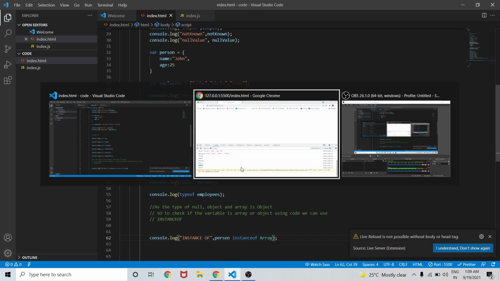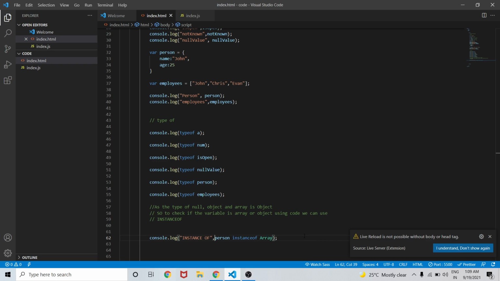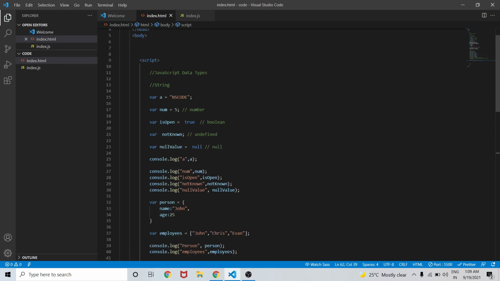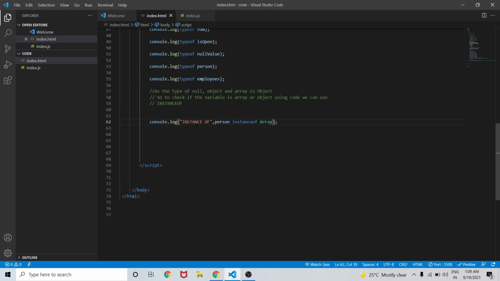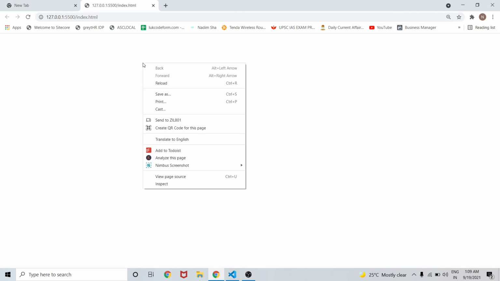In the browser, oh, there is some error with the reloading. No, it's okay, I guess. Let me save the changes and open the live browser again. Let me close the older one and open the console.